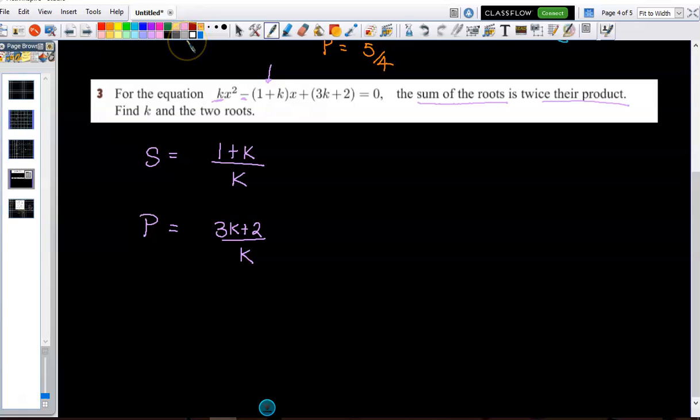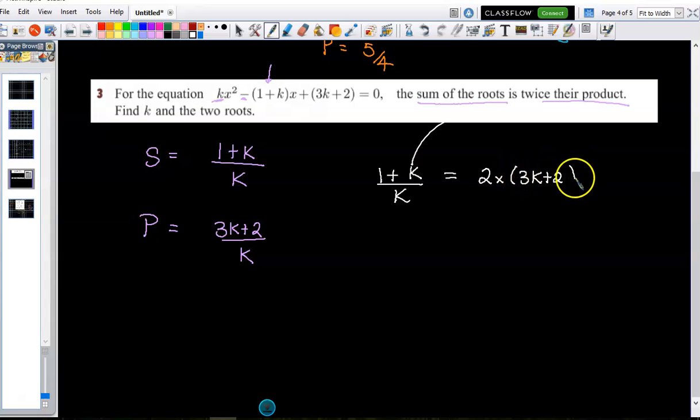All right, let's get to the heart of the problem. The sum of the roots, so what's the sum? We've done it. So the sum of the roots, that's (1 plus k) over k, is equal to their product. So they're saying the sum of the roots is twice their product. You times it by 2, that's right. Right, come on. So we're going to say 2 times